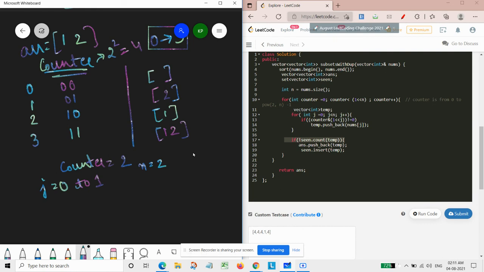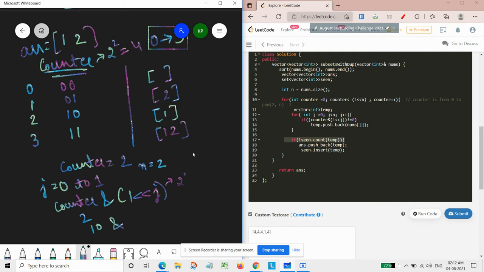At this moment we need to check this formula only: counter AND one left shift j. Our counter value is 2, which can be represented as 1 0, and our j value is 0 at present.